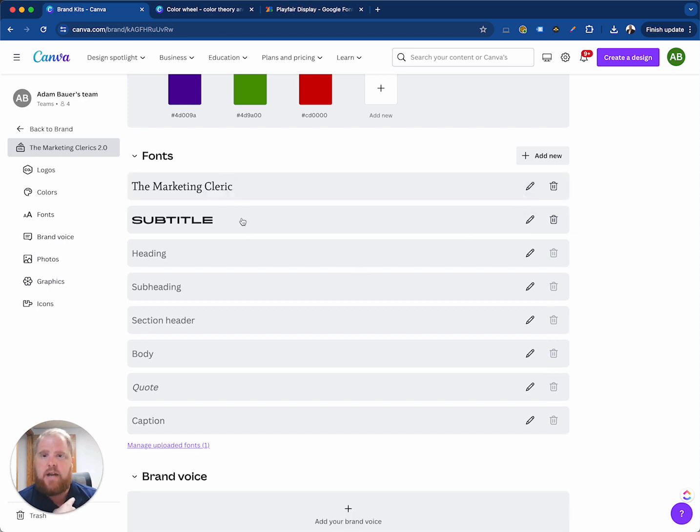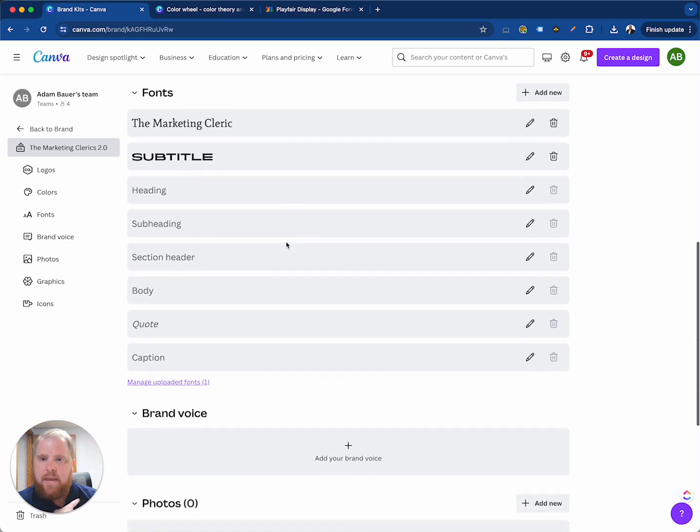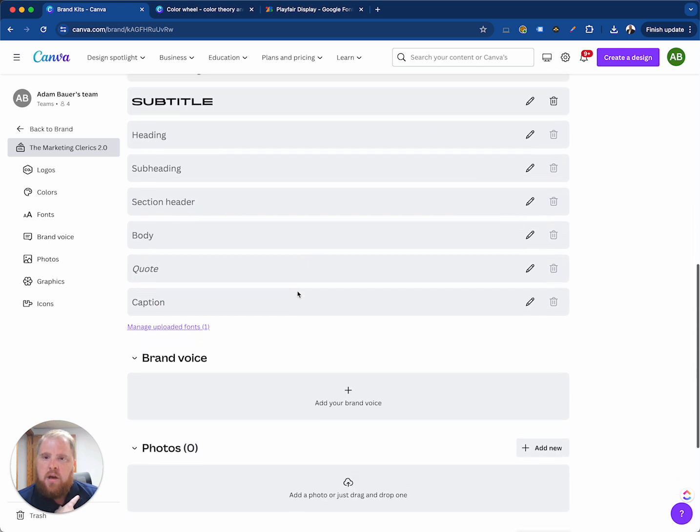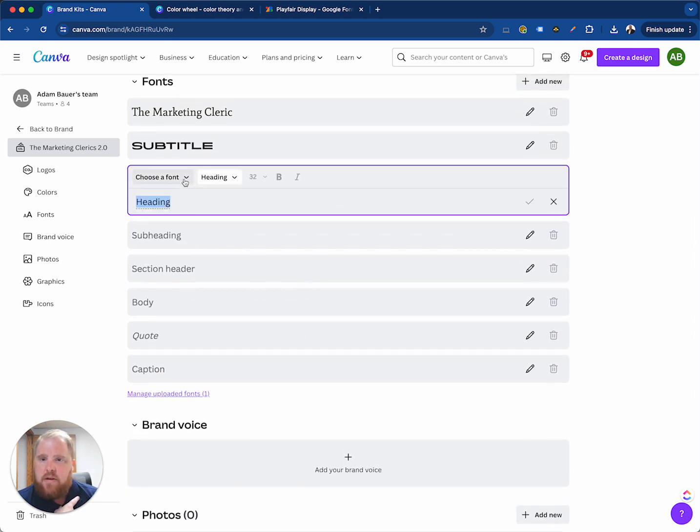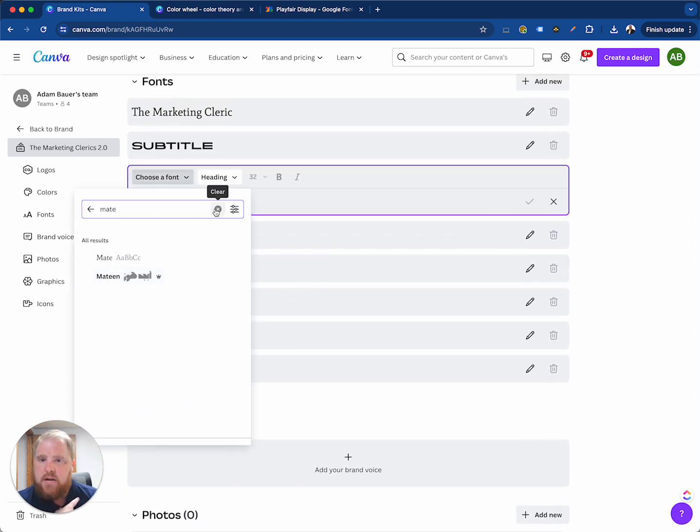You can also upload any other font file. So you can upload any other TTF file. So if you work with a current branding company or marketing company that has created a custom font for you, just ask them to send you that font file and you can load it in here into Canva pretty easily. So let me just select a couple other fonts here